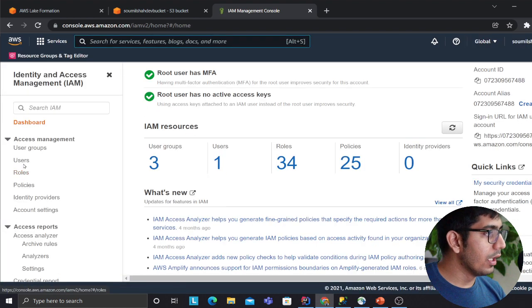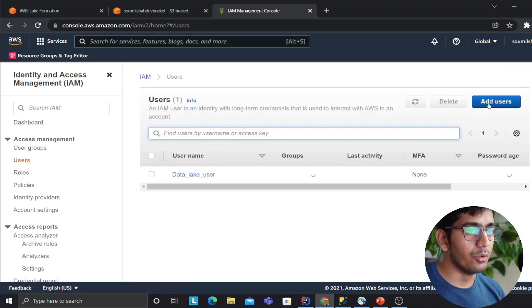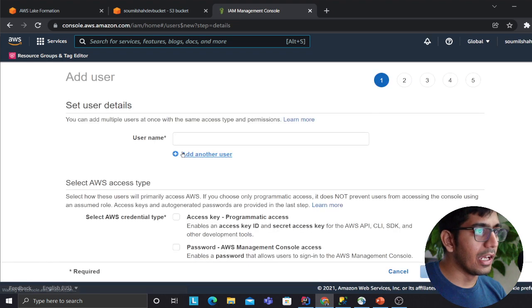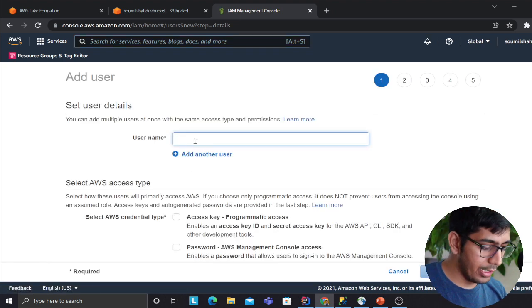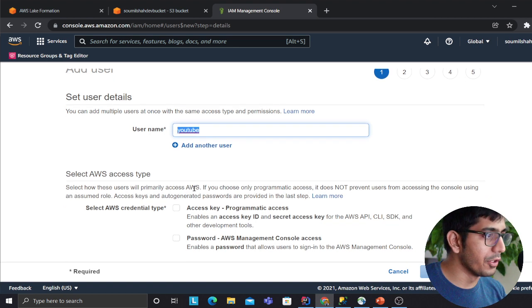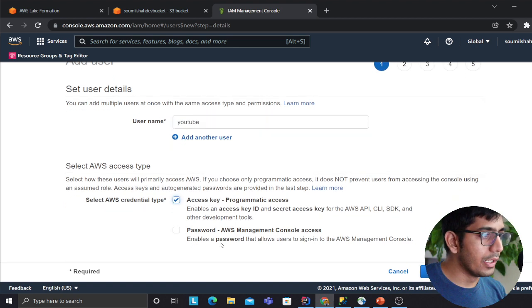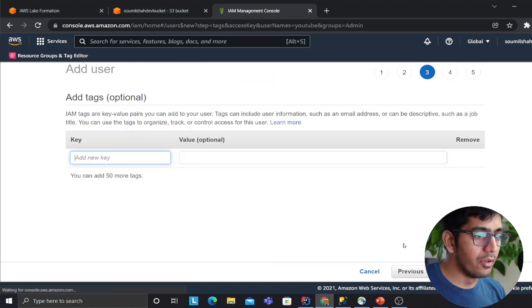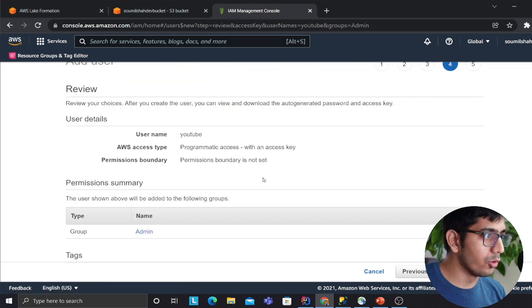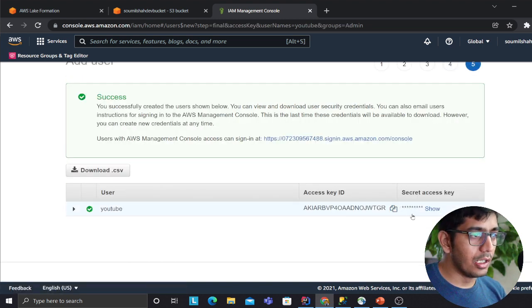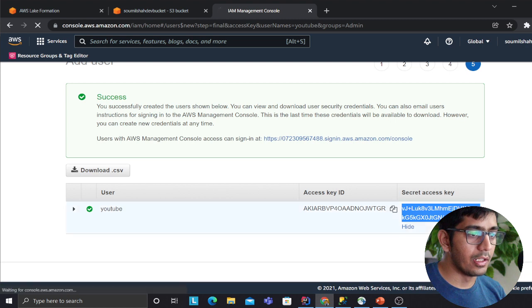Over here in the user section, I already have a user, but we'll click on new user. Once you click on the new user tab, what we need to do is enter a name here. I'm going to say YouTube because I'm doing it for the YouTube tutorials. So we'll keep this, click on next. We'll give it admin rights right now because I just don't want to deal with the access thing. So yeah, copy this access key and secret key here and then click on the close button.